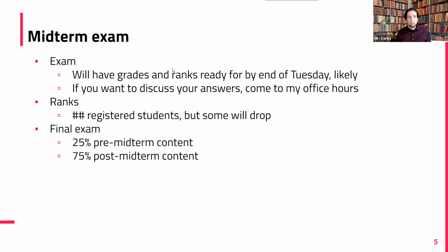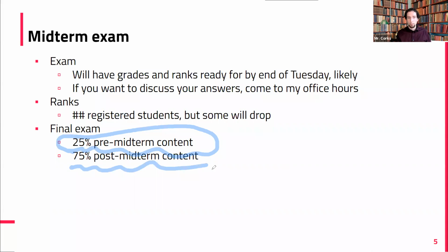Right. Final exam. The final exam will include midterm material. 25%, 1/4 of the final exam content will be on pre-midterm material. So all the stuff that you've done and we're studying for the midterm. Also, the other 75%, like if we're going to learn how to graph a line that looks like this, that's the equation of a non-curved line. It builds on the whole ideas from equations of linear relationships of straight lines. So